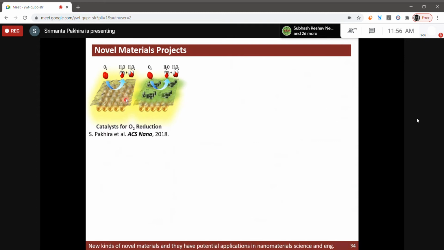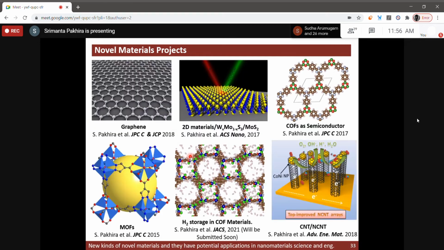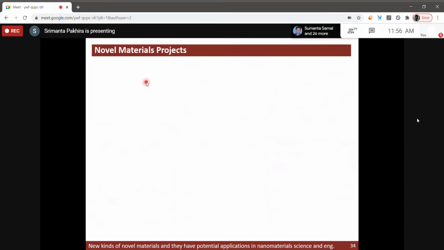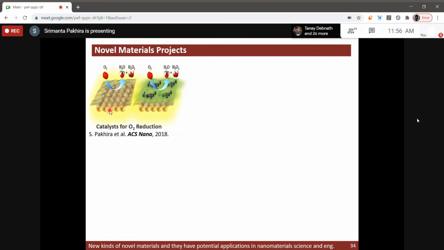And what happened, we actually put graphene on top of the gold. If you look at the previous slide, the graphene looks not distorted. But in this work, we found that the graphene was distorted. We know why: the gold is interacting with the graphene, so it is not like a straight plane. And we found that this is what happened.